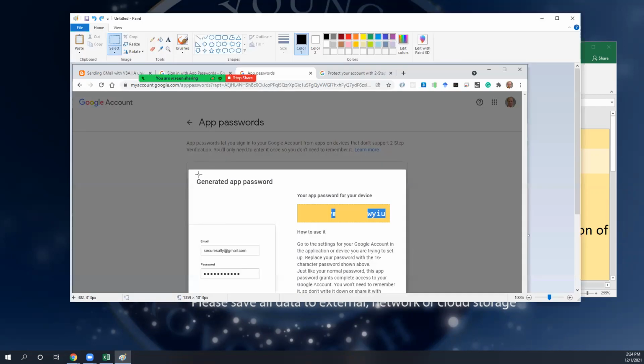It looks something like this, except that information is filled out. So you're going to copy those digits that are there, and that's what we need to do. As soon as you close this,